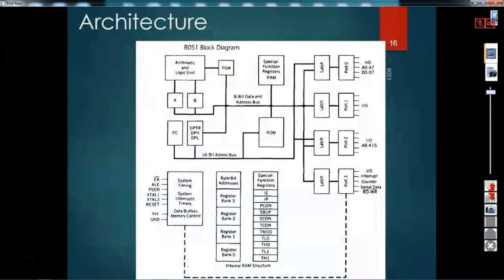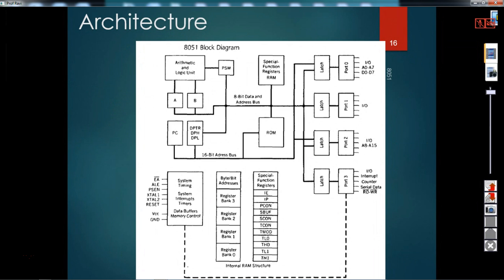Now if you try to see the architecture of 8051, the block diagram of 8051, let us try to see. The moment we see the architecture of a processor or controller,